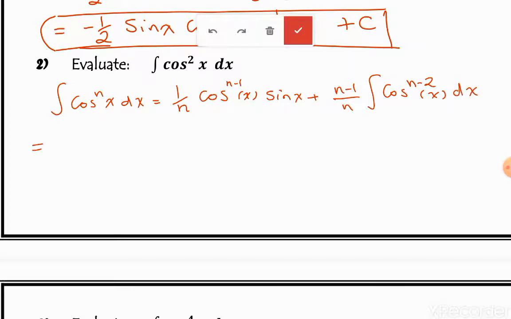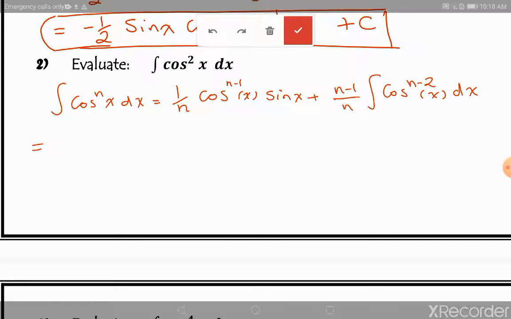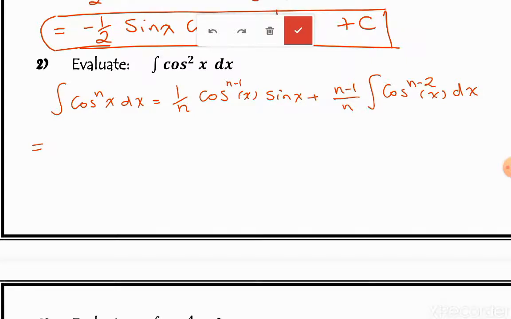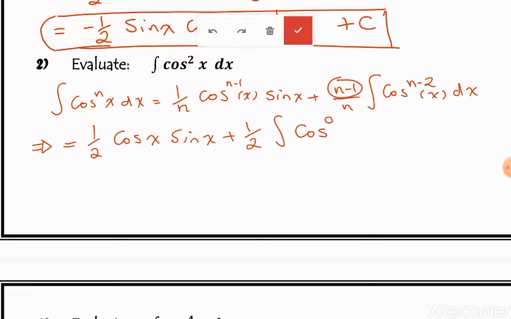So it's now equal to 1 over n, which means 1 over 2, cosine to the power of 1 of x, since n is 2 also, so 2 minus 1, which is 1, sine x plus 2 minus 1, which is 1, and this all over 2, the integral of cosine, the same 2 minus 2, which is 0, of x dx equals 1/2